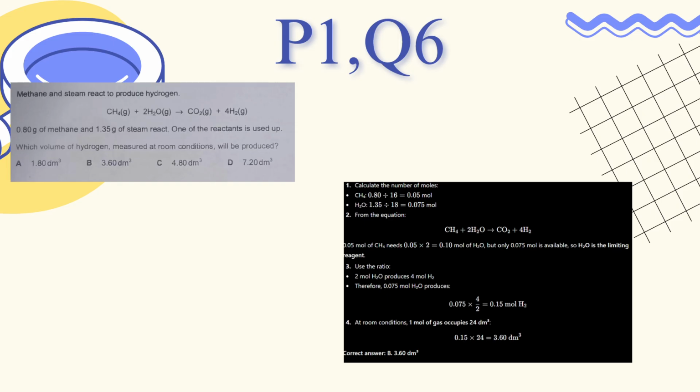First of all, we calculate the number of moles of each molecule, and then by the equation, the moles of CH4 we multiply by 2, then only 0.075 mole is available, so